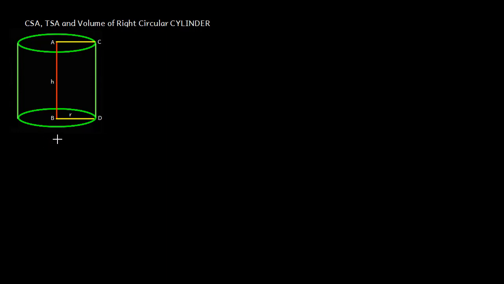Here we'll try to find out areas and volume of a cylinder. So remember, I have mentioned right circular cylinder, so that means that's a right angle. That's a right angle, that's a right angle. Otherwise, if it is oblique, if it is not a right circular cylinder, you will have a cylinder like that. So if I join the center, if this is my radius, if that is my radius, this angle is not 90.